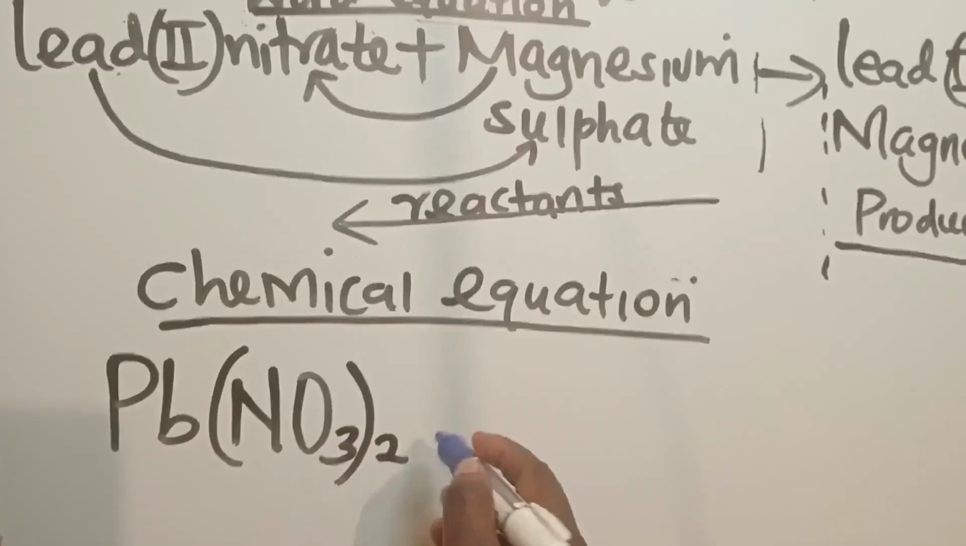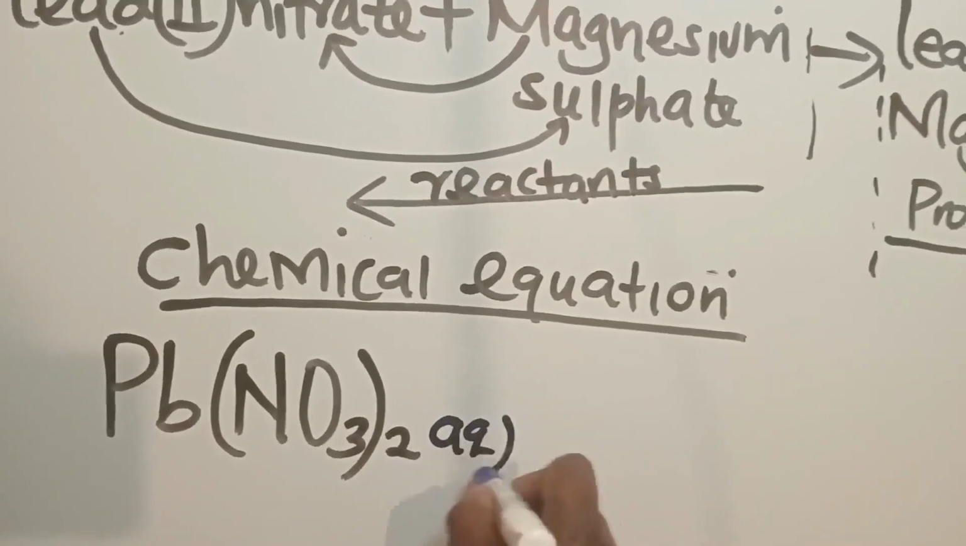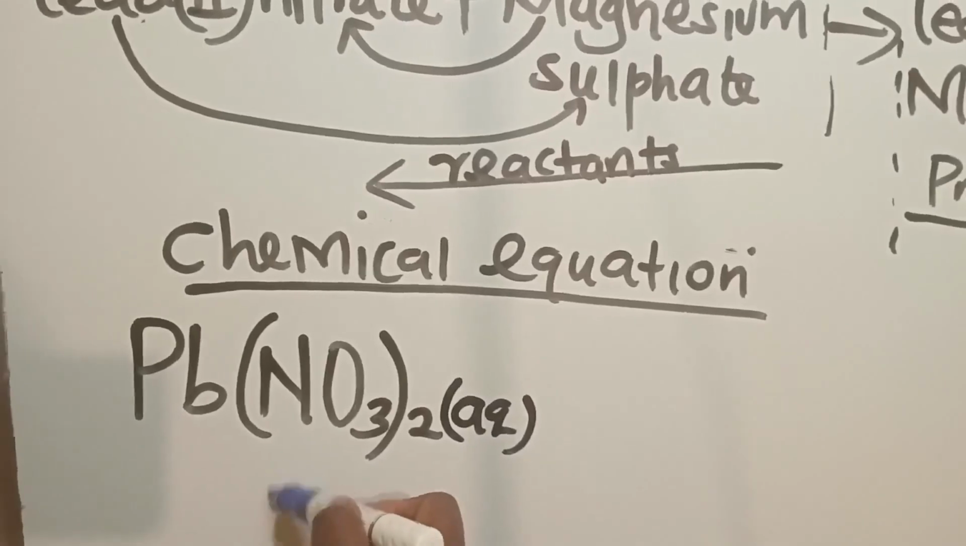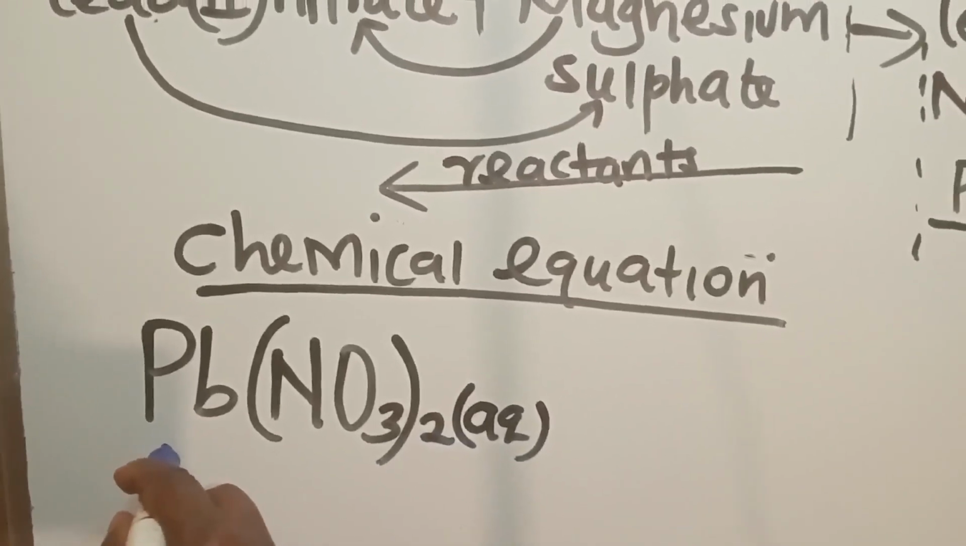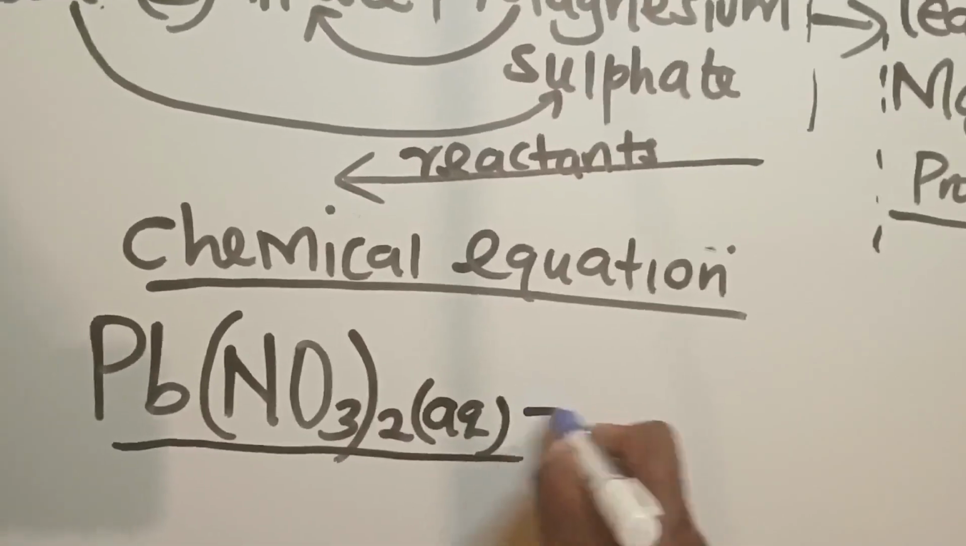So lead 2 nitrate, we already say that all nitrates are soluble, so this one is in the aqueous state. And for the state symbol, we don't write them below here, we write them on the same line in a way that if you were to draw a straight line, nothing will be below there. So plus